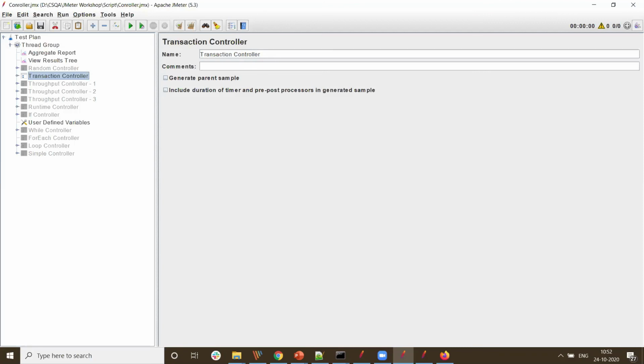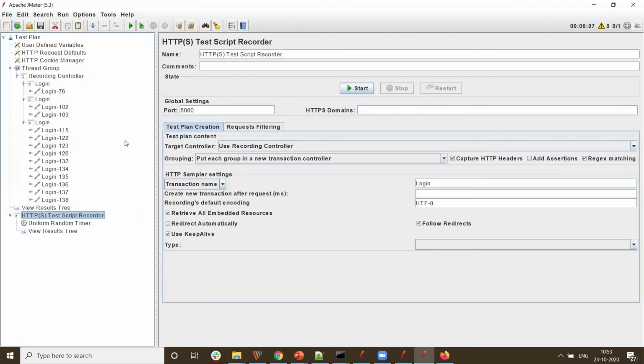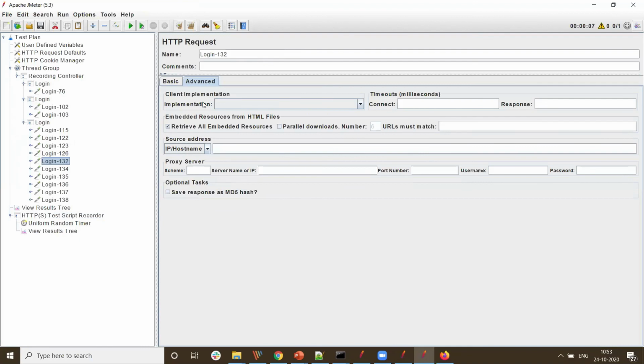This is Rishil. Just to clear the confusion, the embedded resources are not the requests. They are the responses that come from the server. So you will not see them in your recording tray. In the recording tray, you will only see the requests. But for that particular request, we can check the retrieve all embedded resources option.